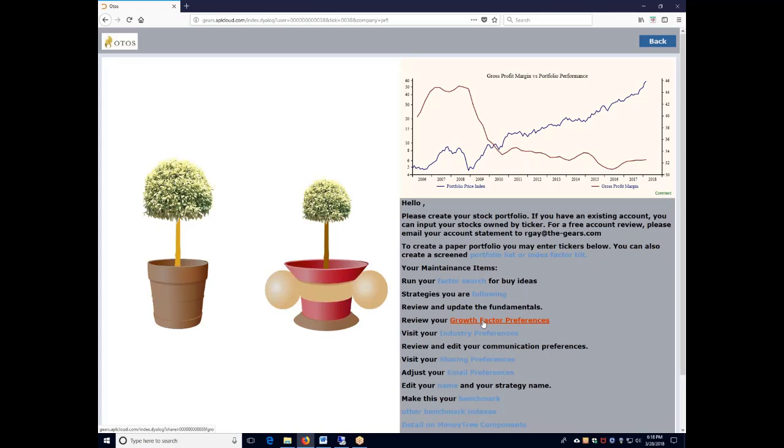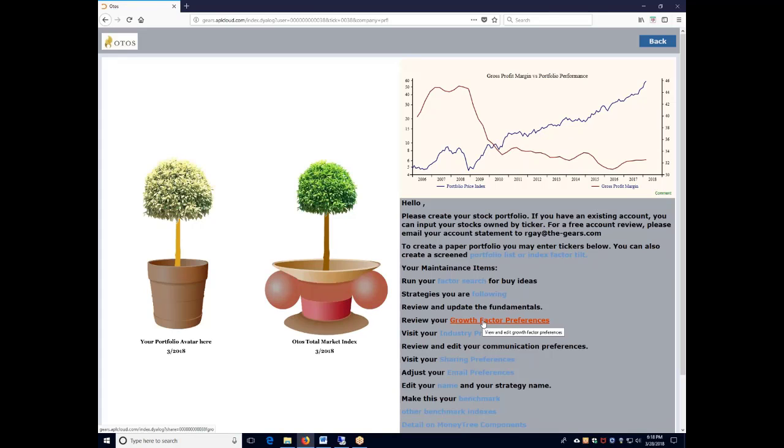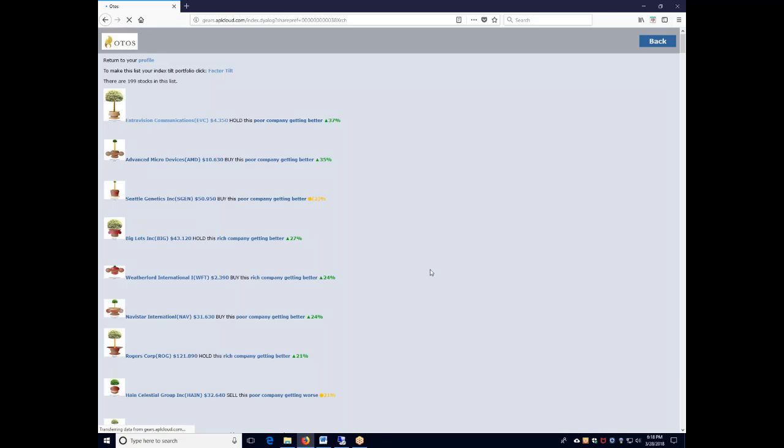And now that we have our growth factor preferences selected, we're going to create the portfolio that will replicate our S&P 500 index with those factors enhanced. To do that, we run our factor search. It comes up with 199 stocks in the list. So we've got a list of a subset of the S&P 500 index, of which we're then going to create as our